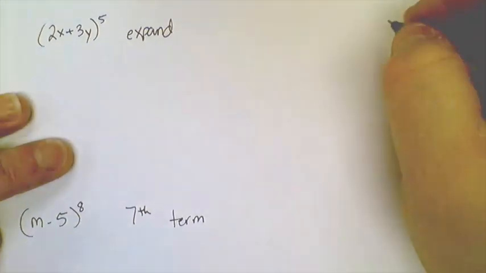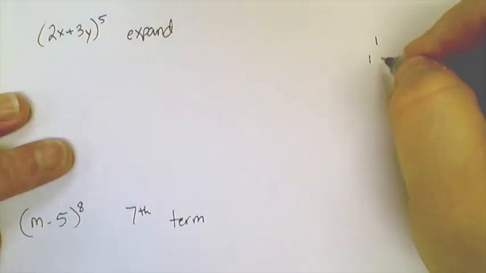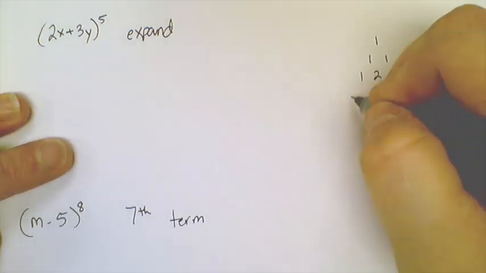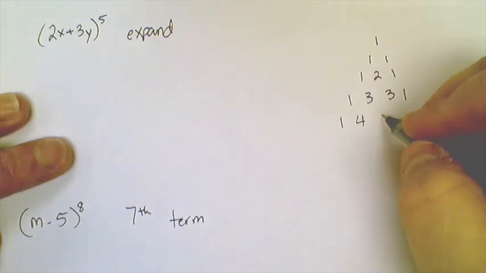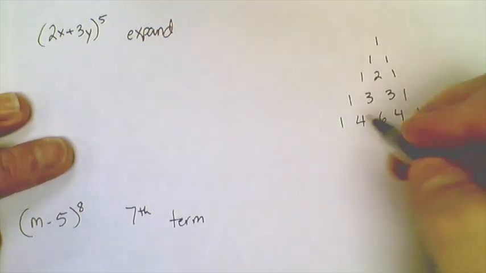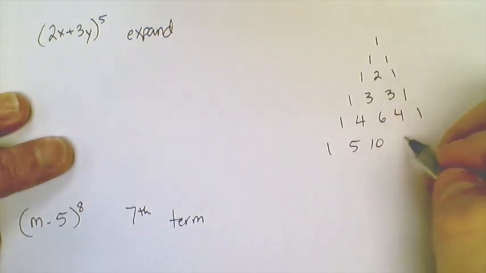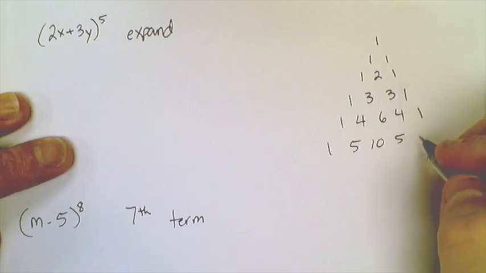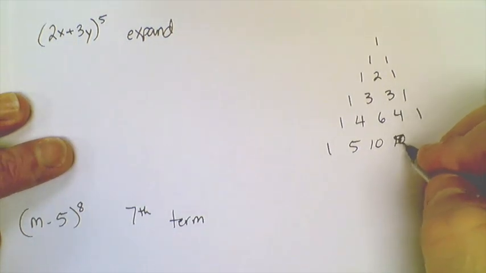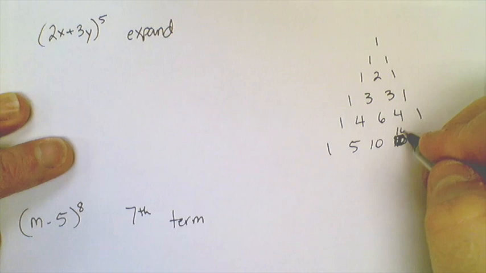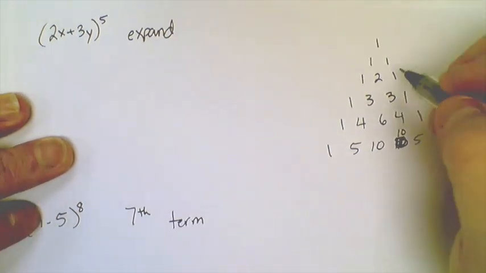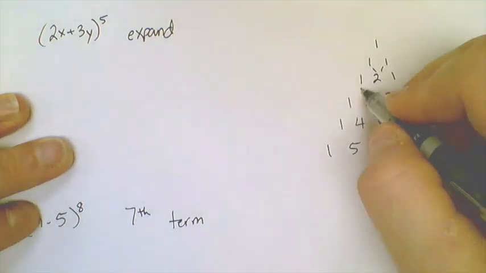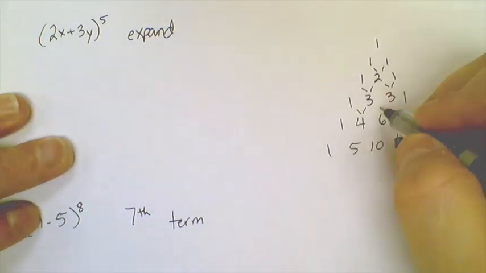So remember in class we wrote out Pascal's triangle. Okay, that was 1; 1, 1; 1, 2, 1; 1, 3, 3, 1; 1, 4, 6, 4, 1; 1, 5, 10, 10, 5, 1. Okay, and remember those come from adding those two numbers together, then that gets you to your next